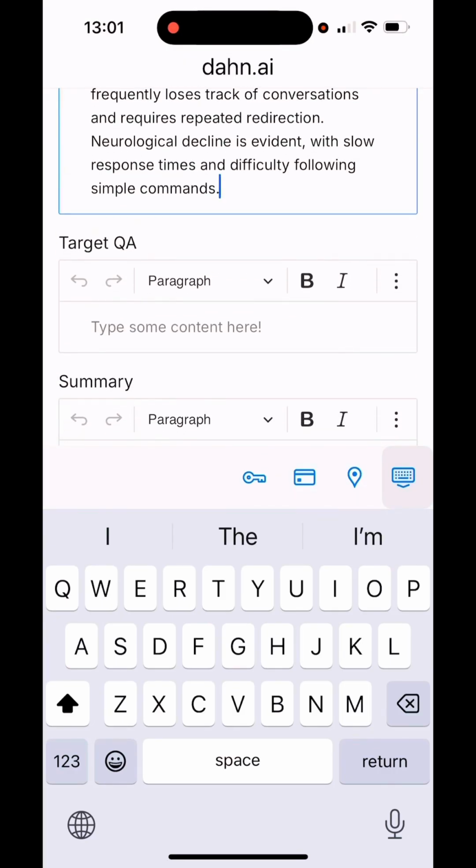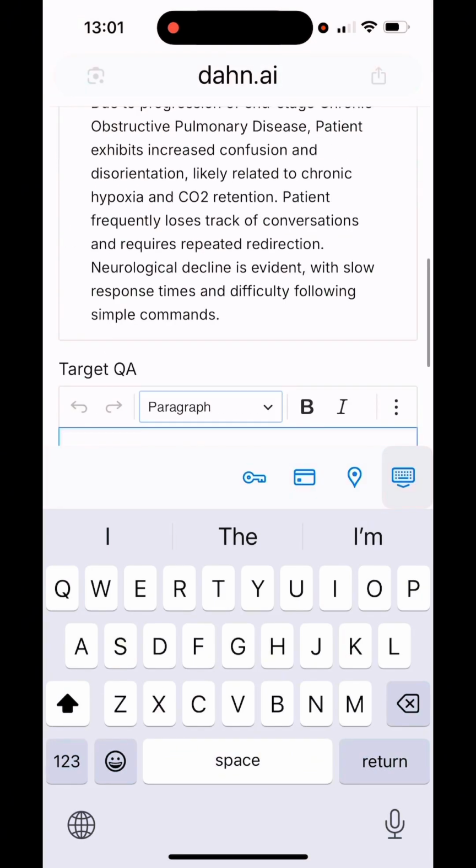Now for the targeted QA, this is if you are having to do extra quality notes. If your company requires that you document pain or nutrition in your nurse's note, you would do that here. If you're under any kind of performance improvement with your company right now, you would document whatever those requirements are here. So let's say that I just want to do nutrition. Then I'm going to go